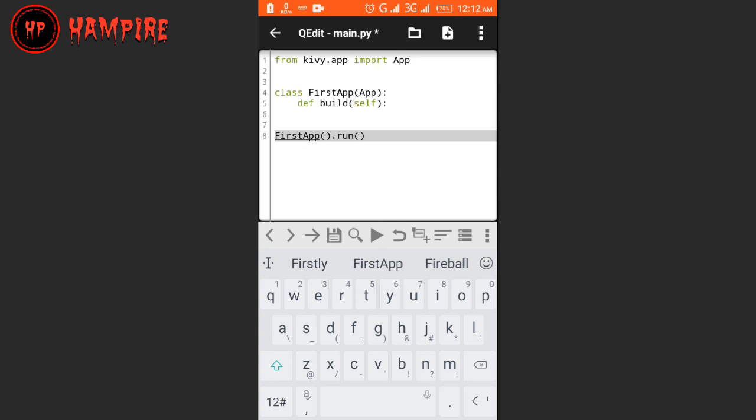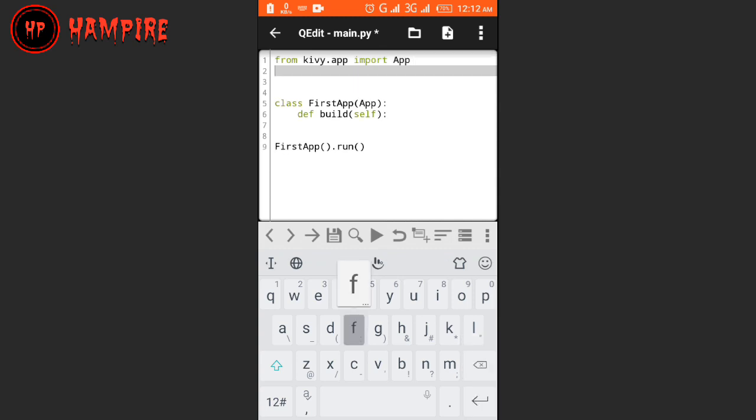So what we need to do is create a content. The content I want to create is a label. So I have to first of all import the label by typing from kivy.uix.label import capital letter L Label. So I can then come to this side and complete my code by saying return